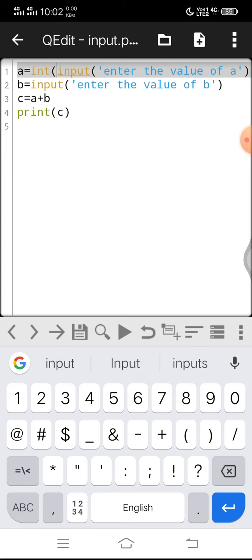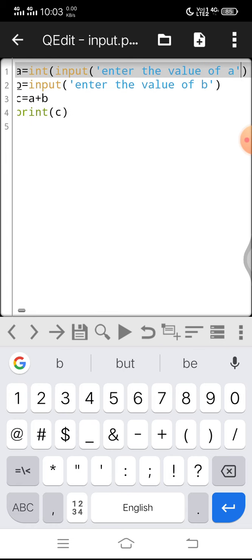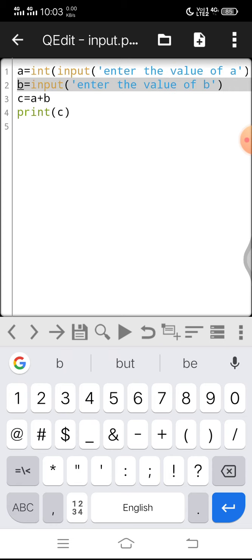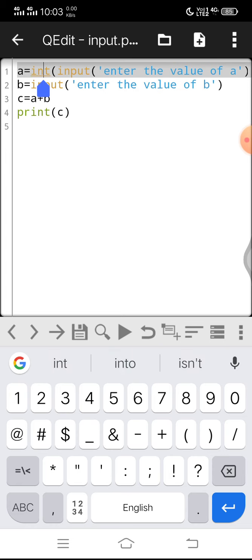I need to convert this input into integer data type, then at last a bracket will be closed. Now whatever the value of a entered, it will be explicitly converted into integer data type. It means this int will convert the string entered into integer. Now if I am entering 10, then 10 will be converted into an integer first.